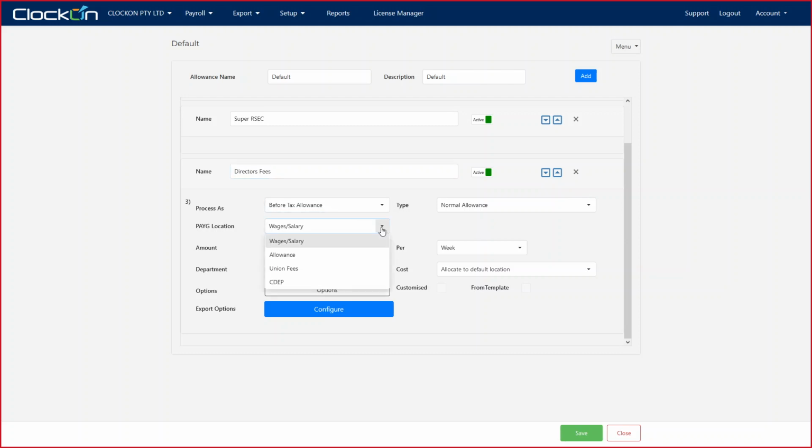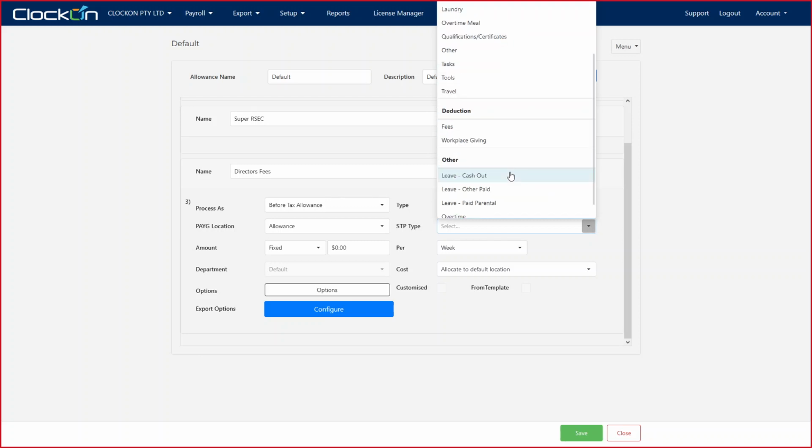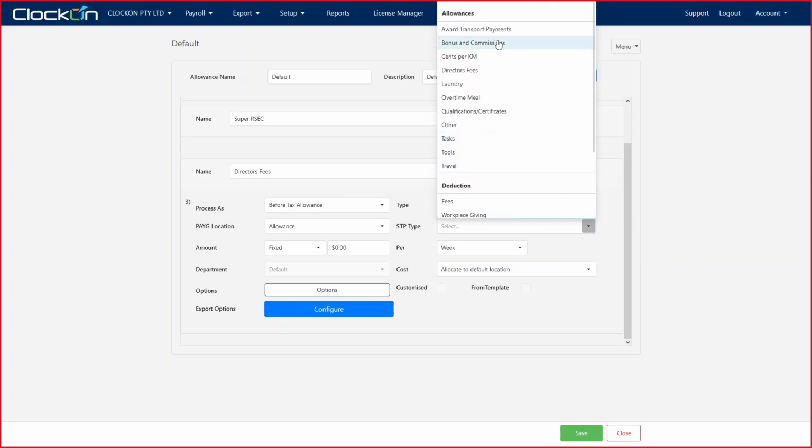We don't want to put it to gross wages and salary. We want to set it as allowance. So this shows another field in here for STP type. If we click the drop down for this, we can select from several different options, and these will show as separate items on your STP reporting. So if we select director's fees,